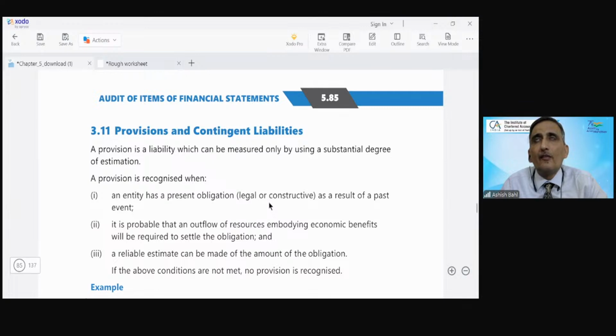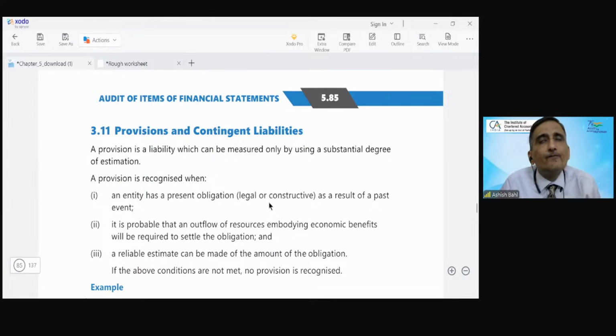So when we make provisions, it involves a lot of estimation. It involves a substantial degree of estimation. Its measurement can be done by making a substantial degree of estimation. In contrast to liabilities, whose amount is already ascertained. Like if you purchase some goods, then the amount which is recorded as liability under trade payables, it is already measured. You already know what is required to be recorded. But in case of provisions, the distinguishing feature of provision is that although it is a liability, it can be measured by using a substantial degree of estimation. So this is the distinguishing point of a provision